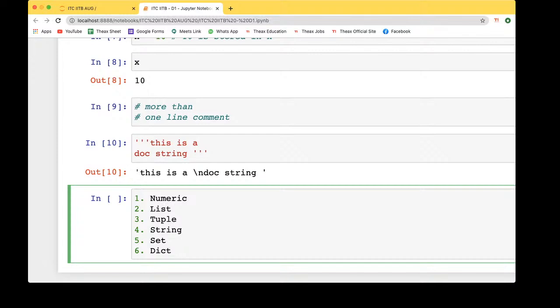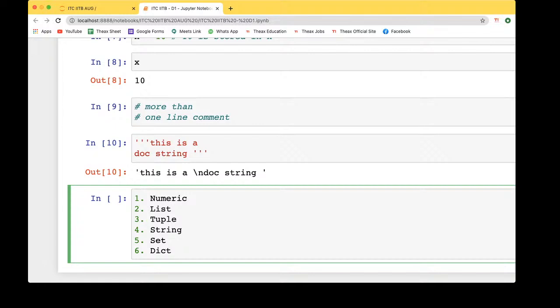Now what are data types? Python supports various data types. These data types define the operations possible on these variables and the storage methods. These are the six data types you have, and within them you have a lot of things.